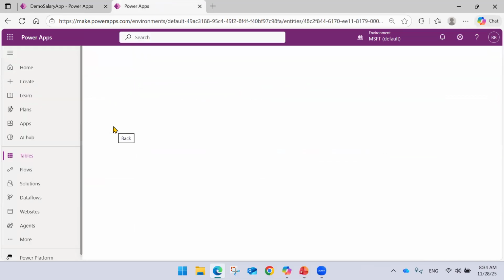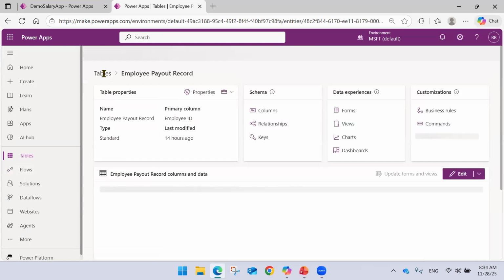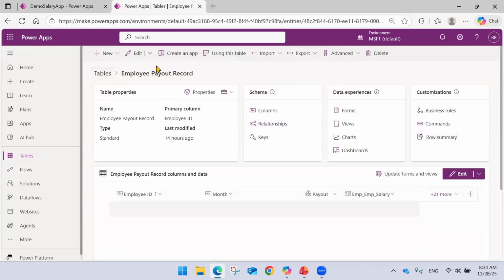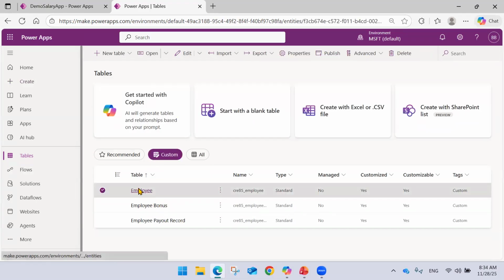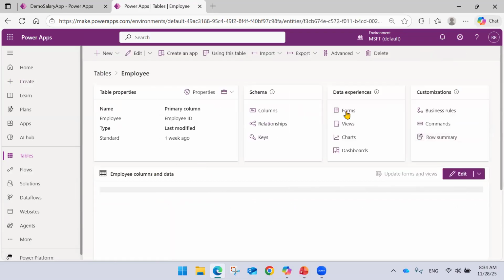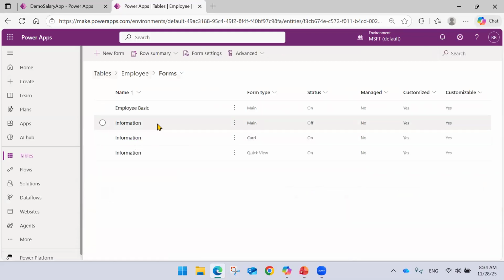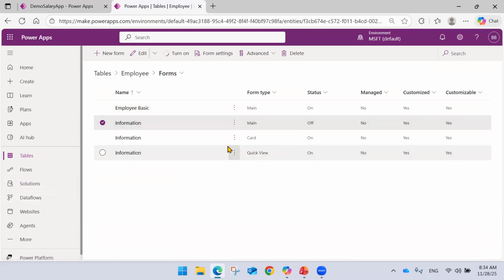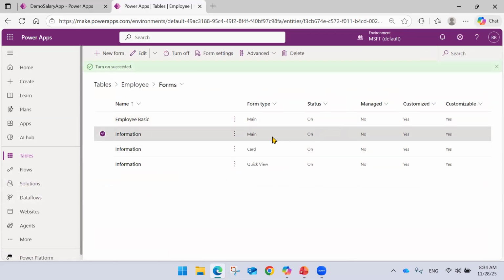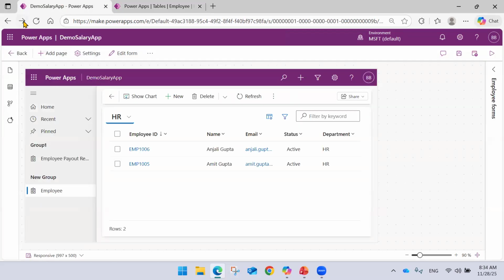Let me go back to the tables and custom tables and then employee table. And then if I come to the forms, it is rendering the employee main form and another one. The other main form is turned off. So let me turn it on. Now you will be able to see both the forms here. Now if I refresh this or load this,